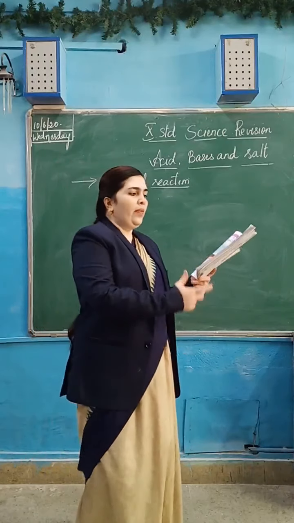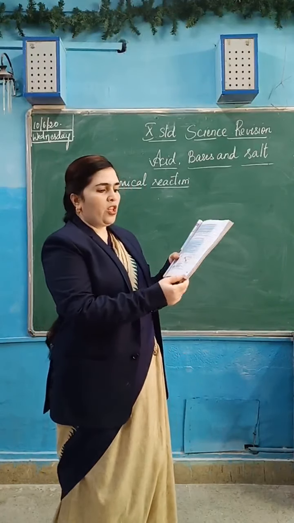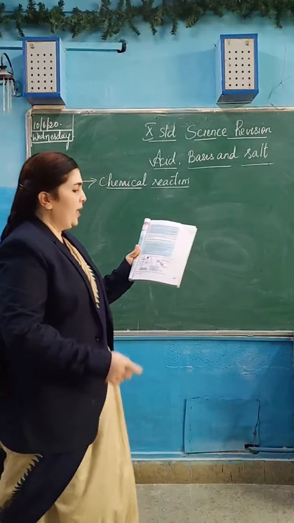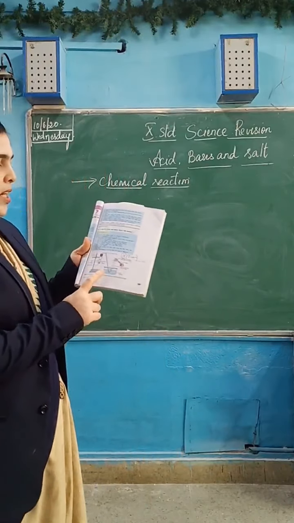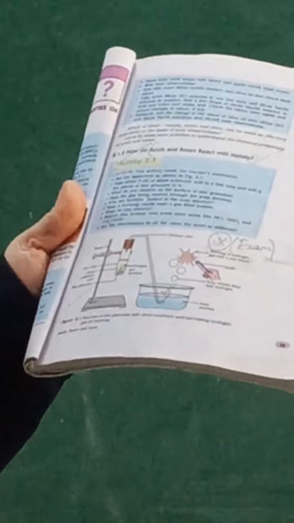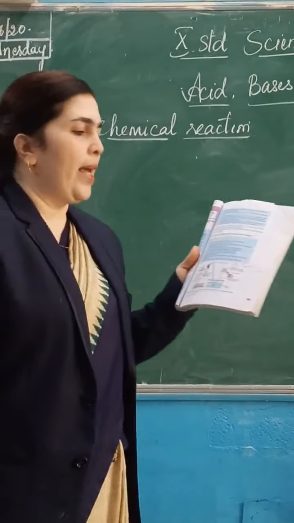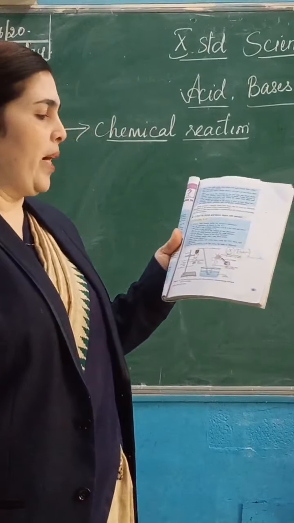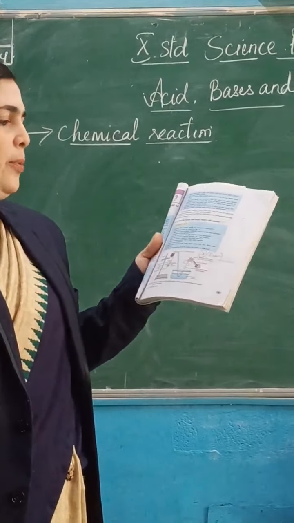with metals. There is one diagram here, page number 19. You can see this diagram. This diagram is really important. It will be asked for 3 marks. Okay, a 3 marks diagram means you should draw this apparatus: reaction of zinc granules with dilute sulfuric acid, testing hydrogen gas by burning. This is a really important diagram. You have to practice it nicely. It is a very easy diagram.